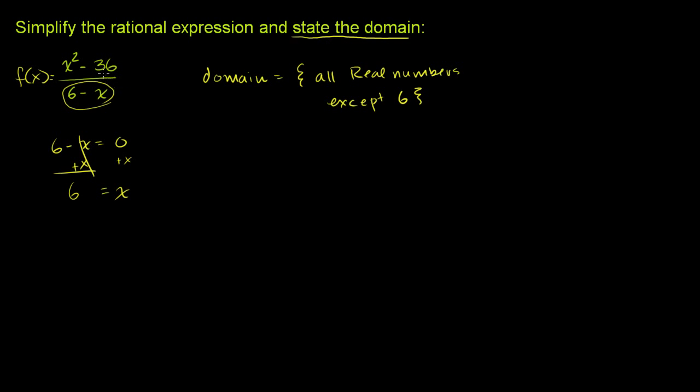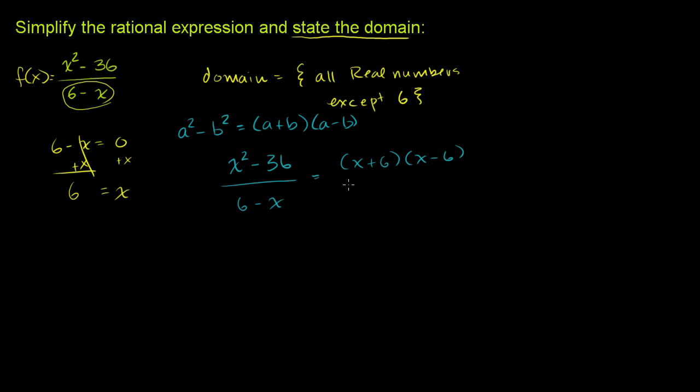Now let's do the simplifying of the rational expression. So let me rewrite it over here. We have x squared minus 36 over 6 minus x. Now, this might jump out at you immediately as that special type of binomial. It's of the form a squared minus b squared, and we've seen this multiple times. This is equivalent to a plus b times a minus b. And in this case, a is x and b is 6. So this top expression can be factored as x plus 6 times x minus 6,